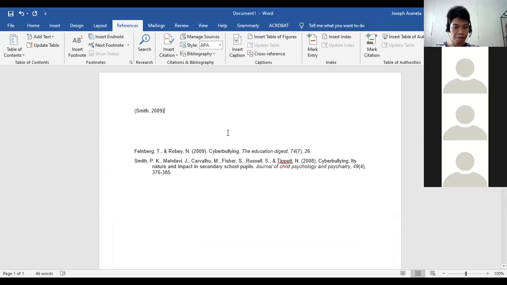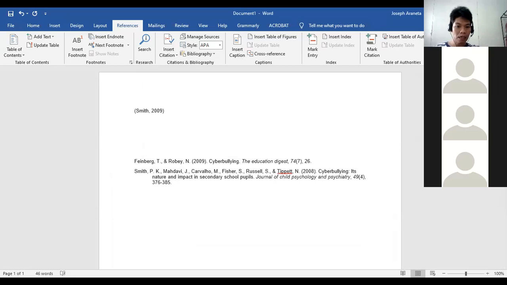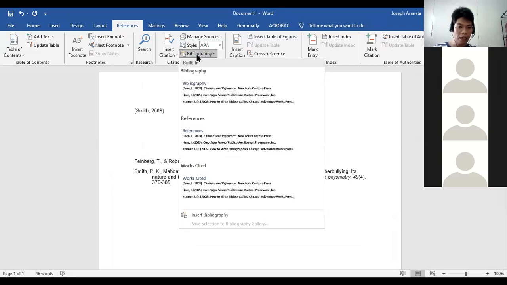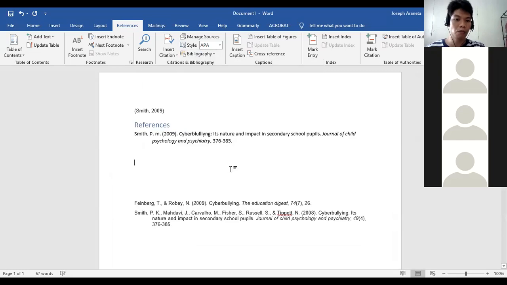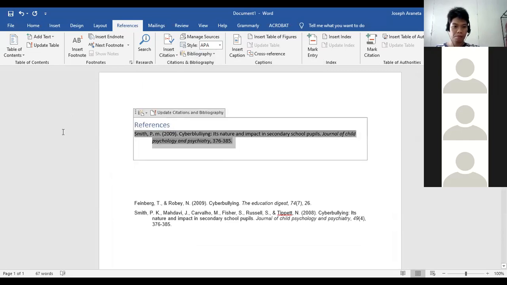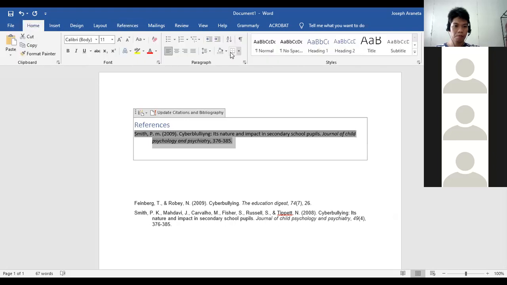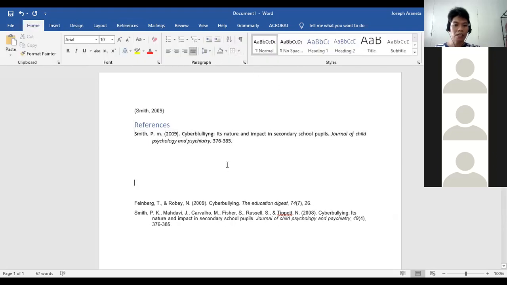Tapos kung i-paste na ninyo, click niyo yung bibliography, and then click references. Magawas na siya. I suggest na mas gamiton ninyo siya kaysa i-copy paste lang ninyo diretso.